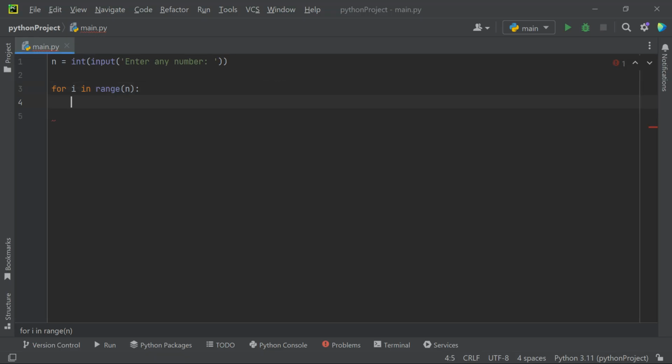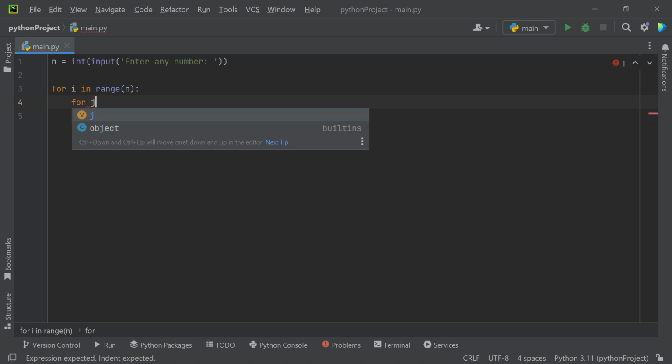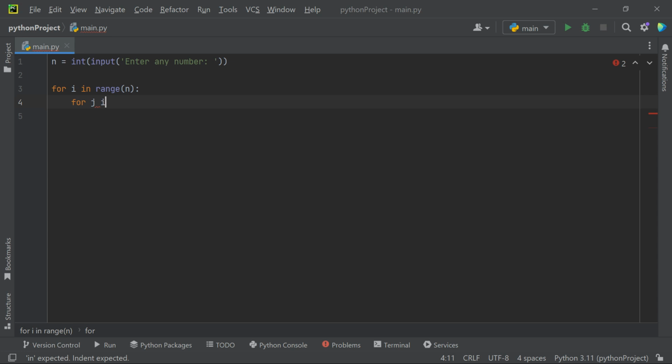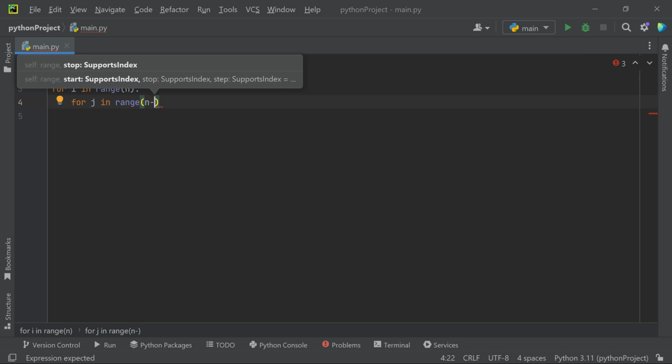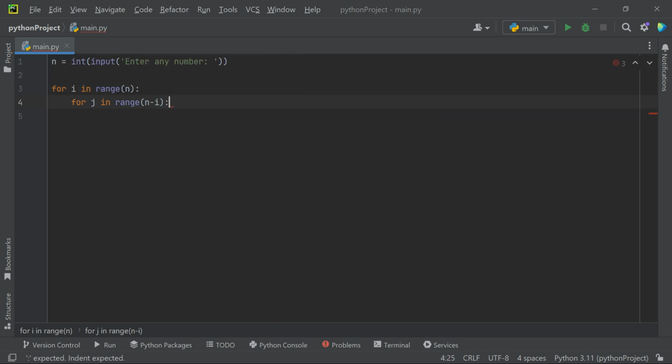So what will that be? That can be for j, because we are already using i, for j in range n minus i. However, it will start from 1 and it will go up to n minus i. So I have to give +1 for that, as range returns numbers one less than the upper limit. So I need to write +1 here like this,